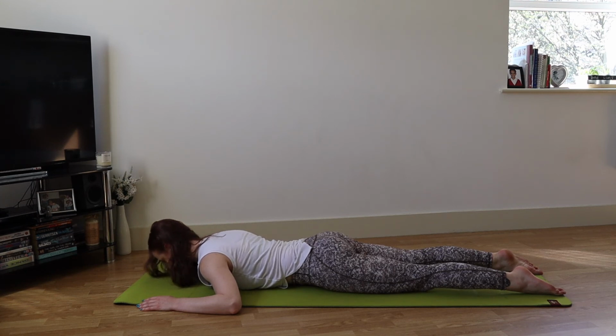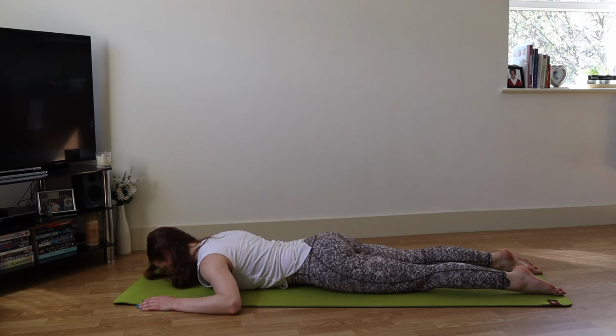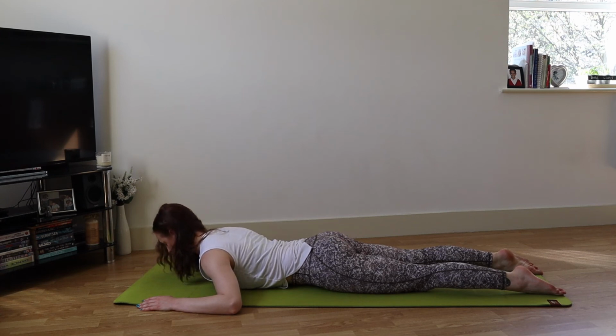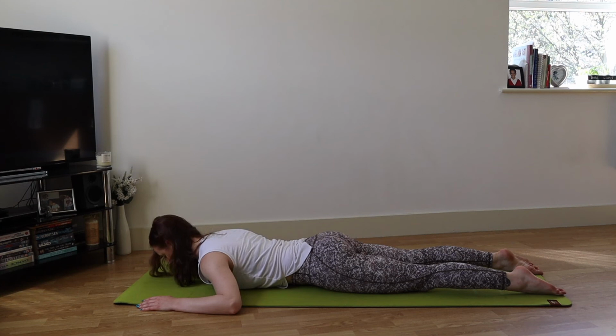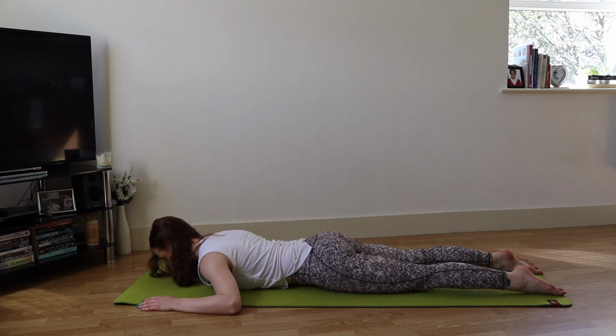And if we do have quite a flexed upper back and it's rounded, especially if we have osteoporosis, we can be prone to fractures. So that's why we don't ever want to do any loaded flexion or forward flexion. So extension is really good to open the front of the spine and for our posture. So checking into our lower back, we're not feeling any pinching, we're feeling the mid back